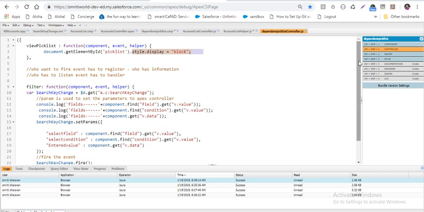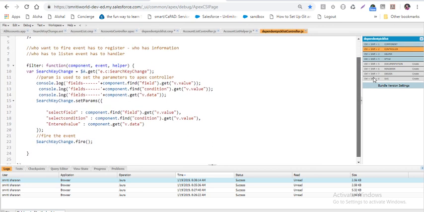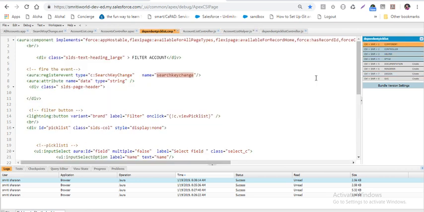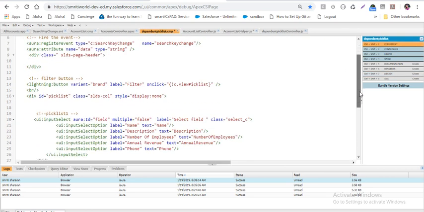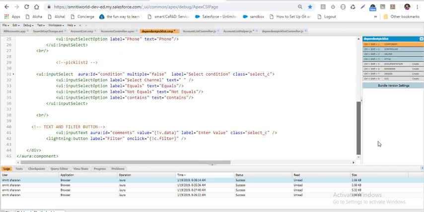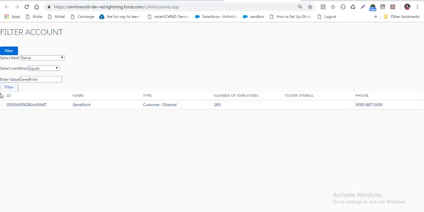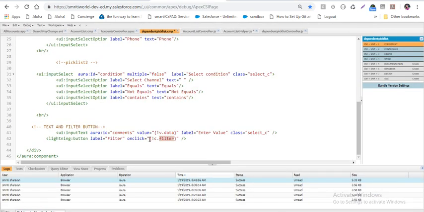Now if I go to the controller, I have created a function called filter. Let's see where we have called this function first of all. So I will go here. What we want is, on a click of a button, do this. So where will we be putting it? On a click of a button. Firstly we will be